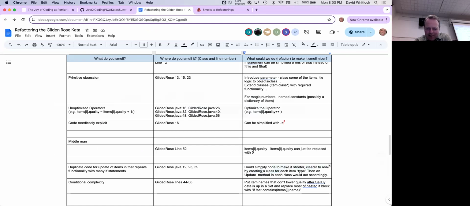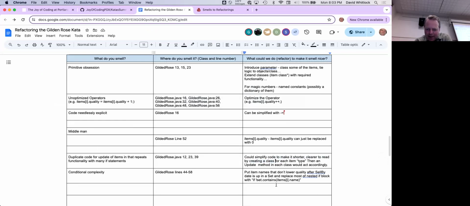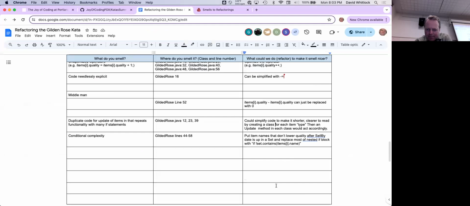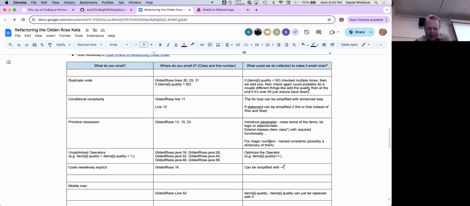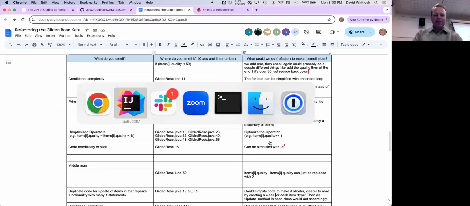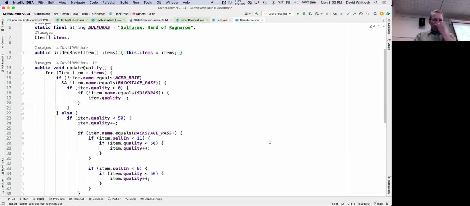Several people said, hey, why don't we create some objects in this? That's interesting. Let's spend a couple minutes trying to do that. What are some ideas that people had about how to apply objects to these things?